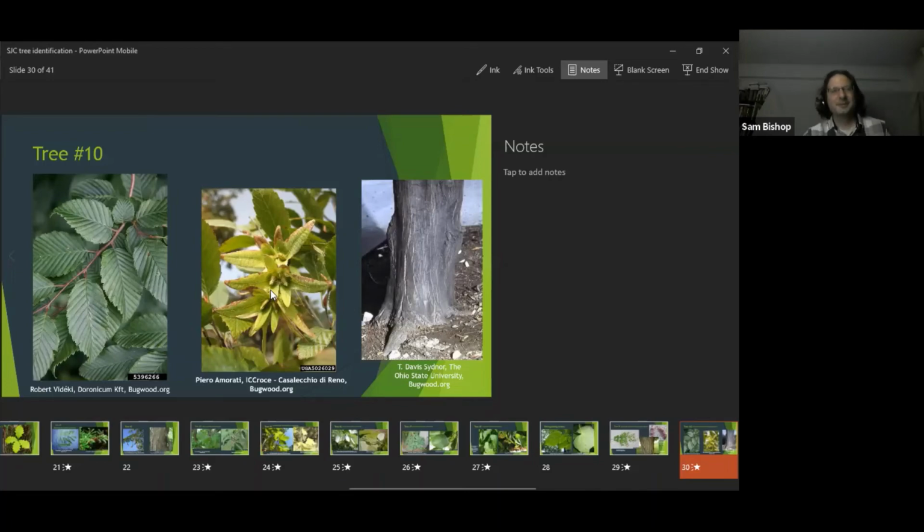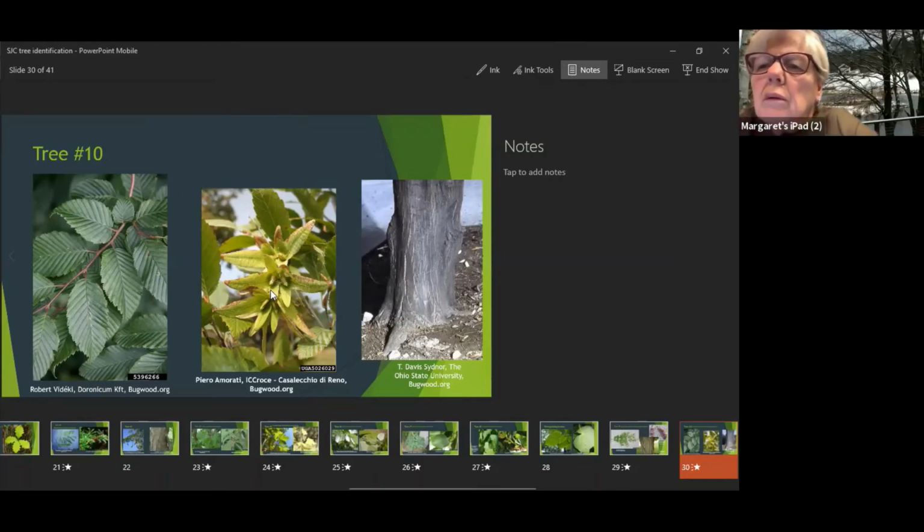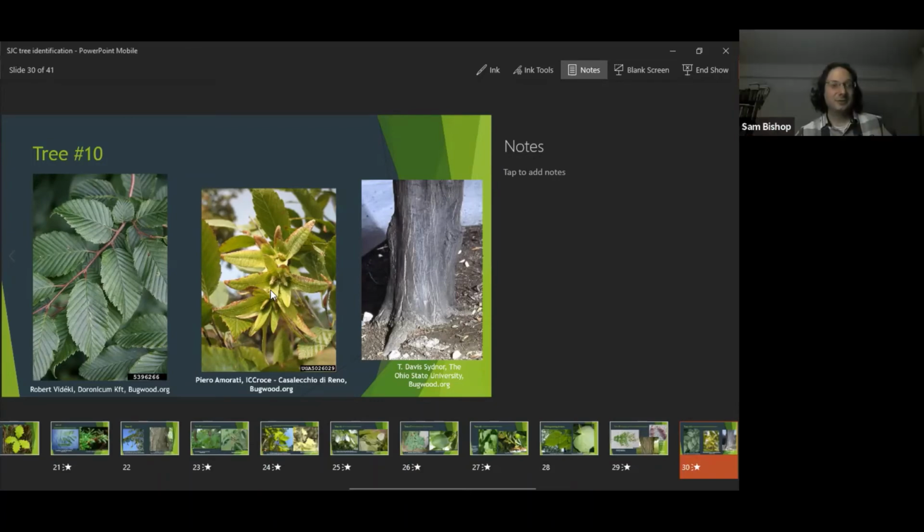All right, and I'll go ahead. Beech. Ooh, American beech. Yep, that's another good one. Yep, very, very close. Go ahead and I'll tell you, this is European hornbeam,